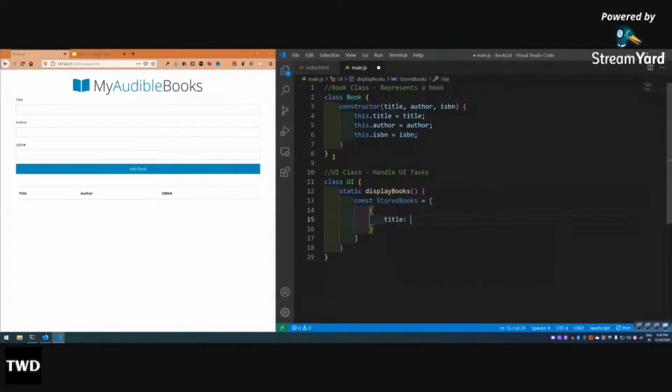Title is Gatsby Projects, comma, author is Bengu Biswas. Yeah, my book is releasing soon, so I'm the author for it. ISBN something 3456778, and then